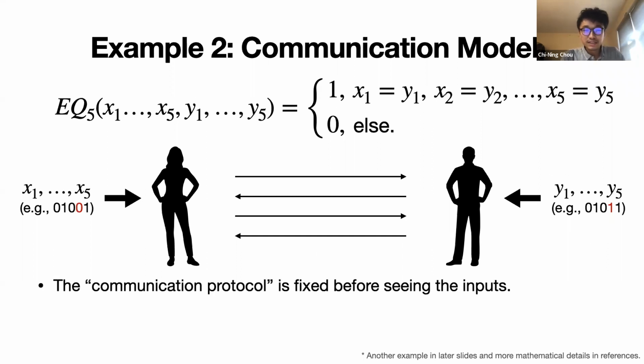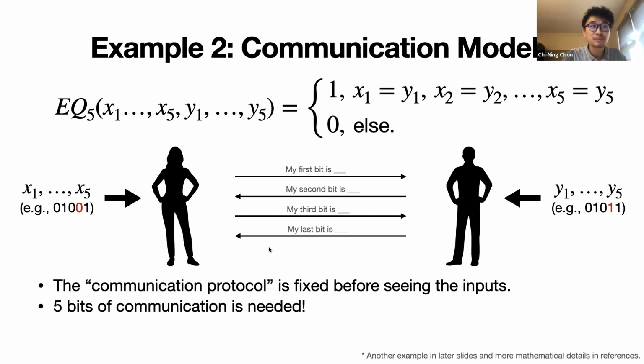Yeah, and it turns out that a fundamental and quite influential result here is that 5 bits is needed. If you use this kind of way to collaboratively check whether Alice and Bob have the same inputs, you indeed need 5 bits of information, regardless of what kind of information you are sending to each other. The proof is a little bit involved, but an intuitive way to think about it is